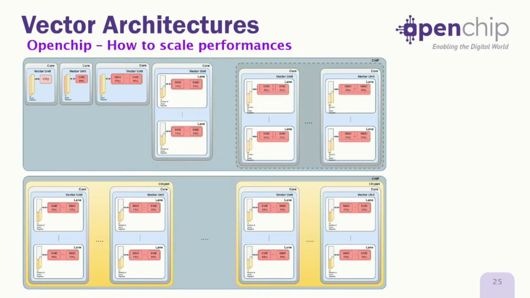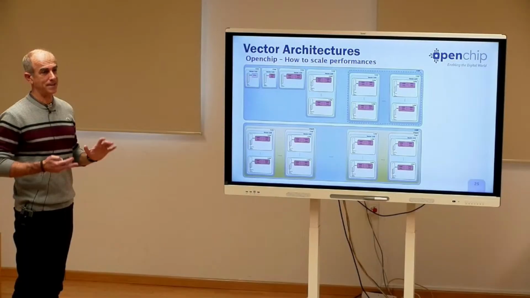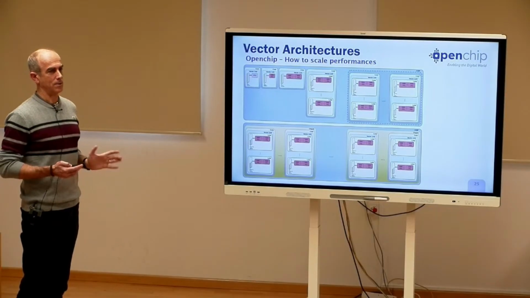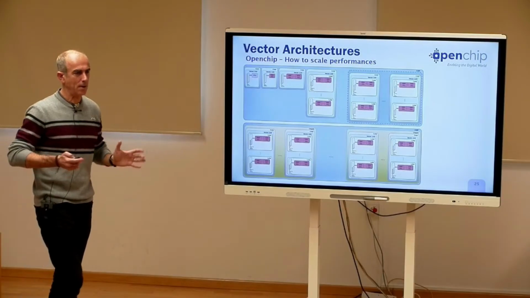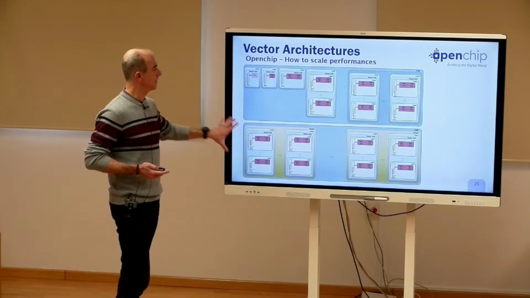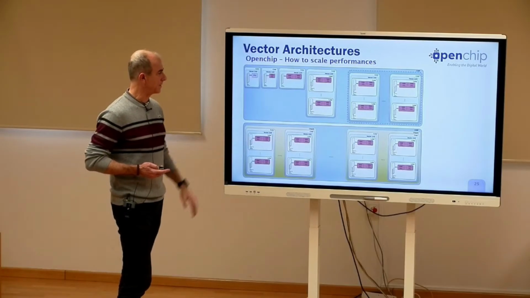For that reason, most architectures use HBM memories, but these memories are shared between many chiplets, because you have to do some calculation on how much memory you need to handle all this